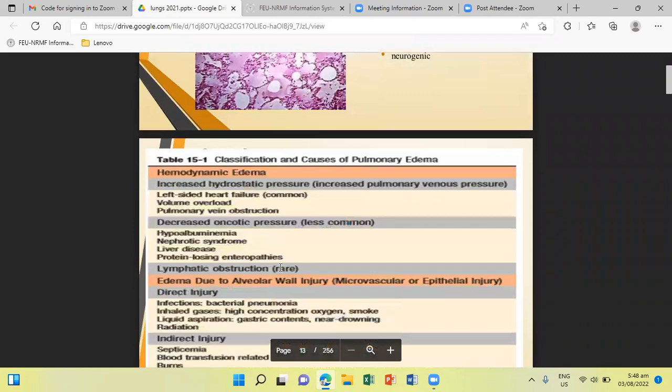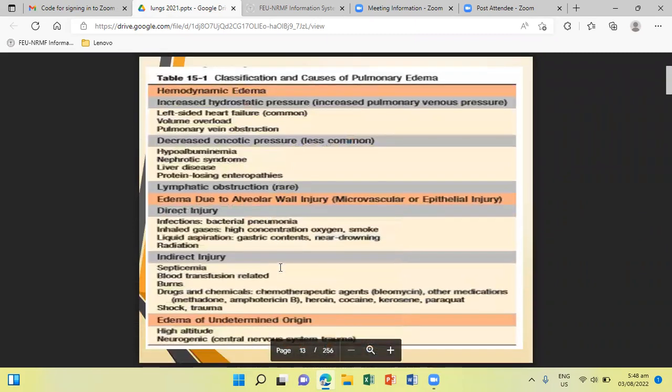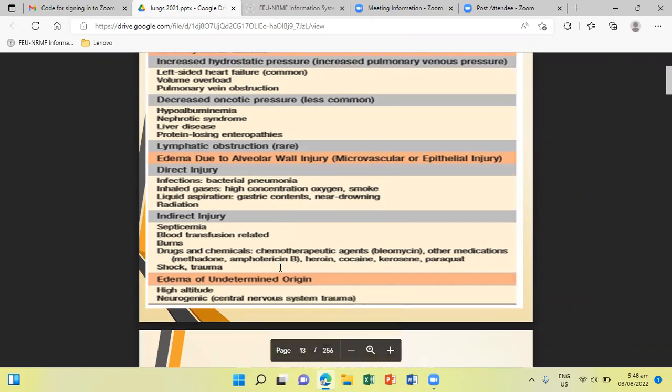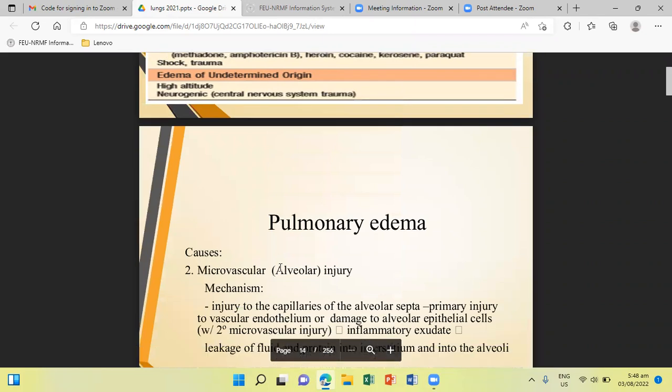So this is a table directly lifted from your book, which categorizes the different causes of pulmonary edema. So the first would be hemodynamic. Again, the most common cause of which is left-sided heart failure. It can also be due to alveolar wall injury. When you say alveolar wall injury,